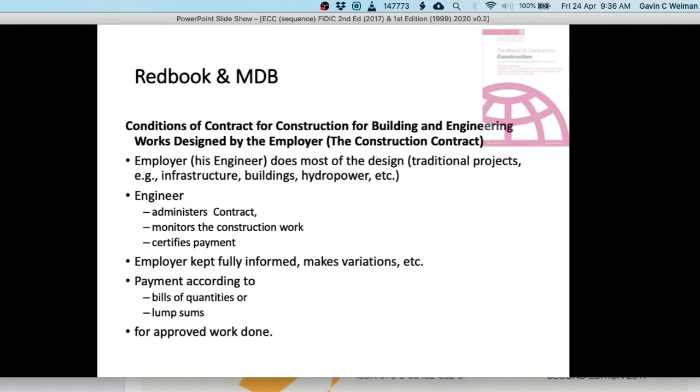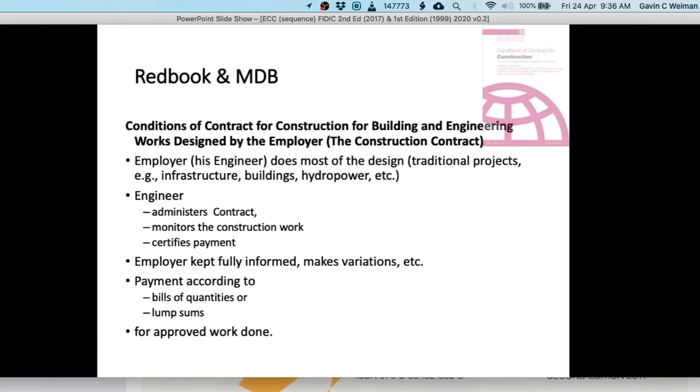So the next thing that is interesting is that the employer makes variations. Now, to some extent, that may in fact be so. The consultant may foresee a problem. He may have a discussion with his client. The client says, what could we do? I think we should change the contract by doing a slight variation. So the client might say, I think that's a great idea, go ahead. So he may be involved in the decision,